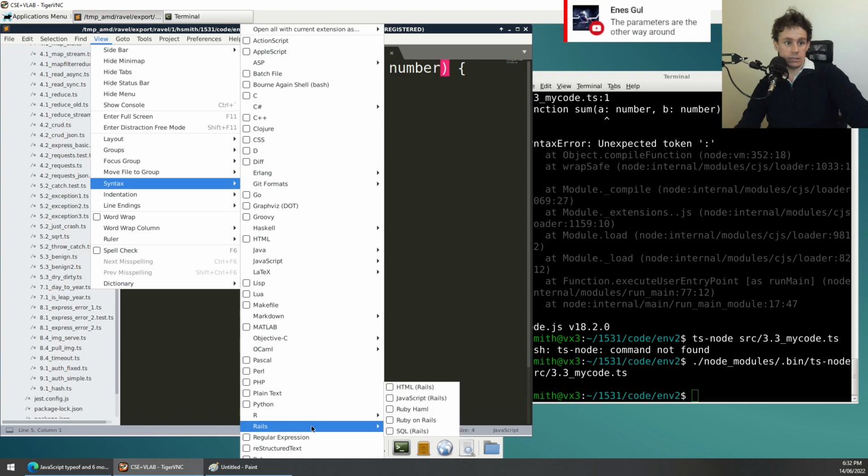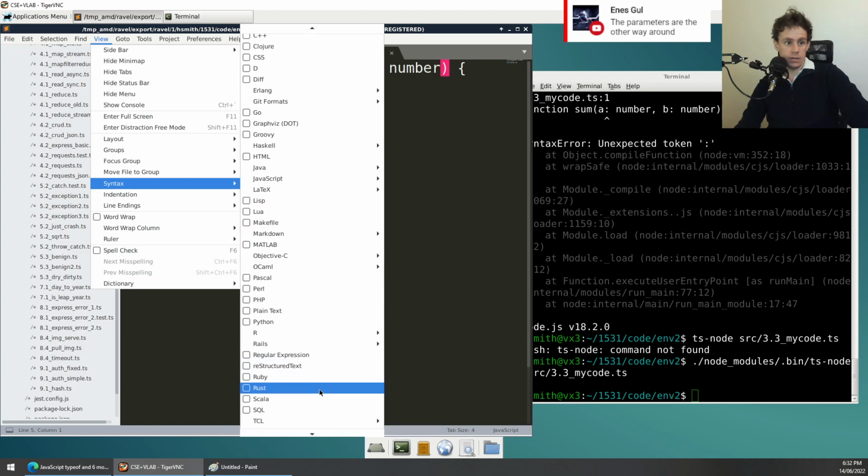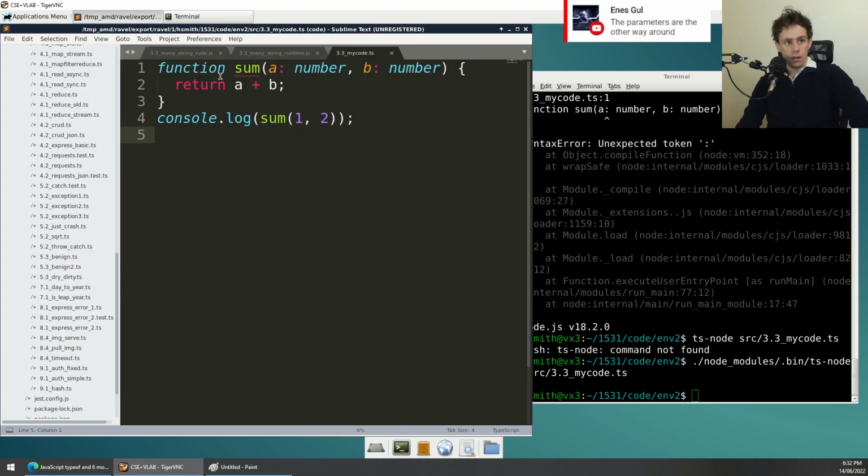Syntax? TypeScript? I can't see it. Is it too far down? TypeScript. Yay! There it is. So I've got this function called sum, and it does the exact same thing, and it's perfectly fine, and that's